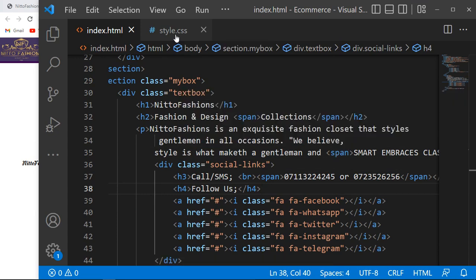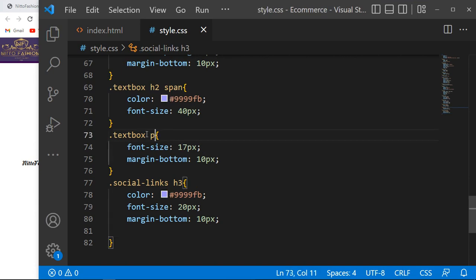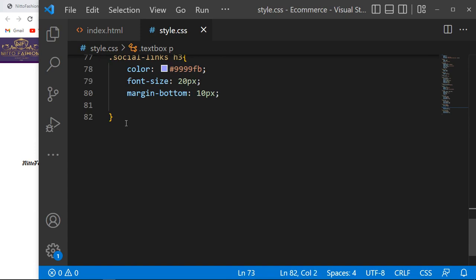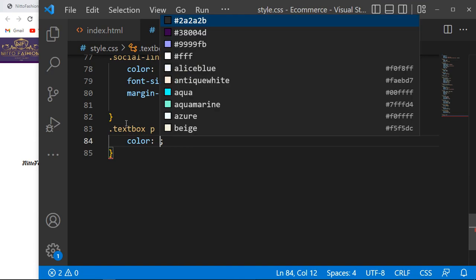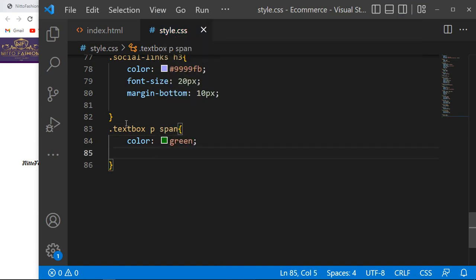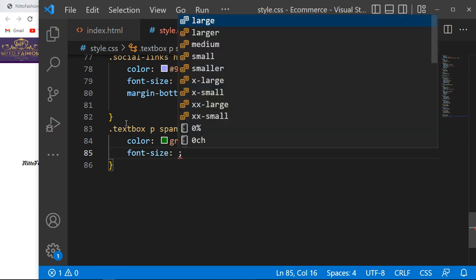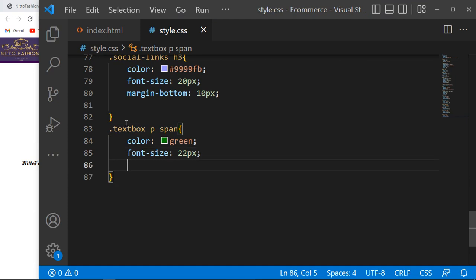So we can just copy this and then just below here say that the span for the paragraph will be just a different color, which is green. And then at this point the font size will be somewhat bigger than the other paragraph. At this point you can set it to 22 pixels, and then you can set the font weight